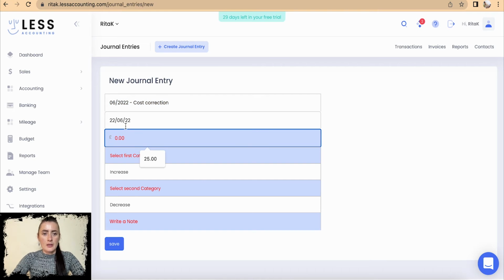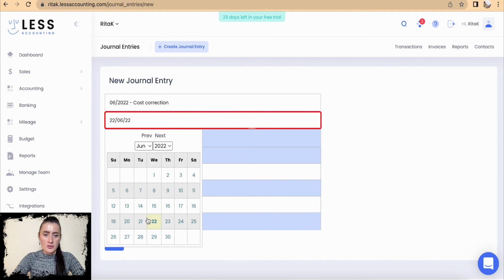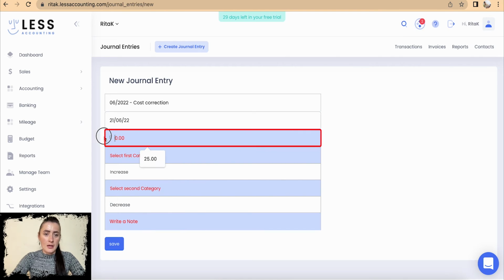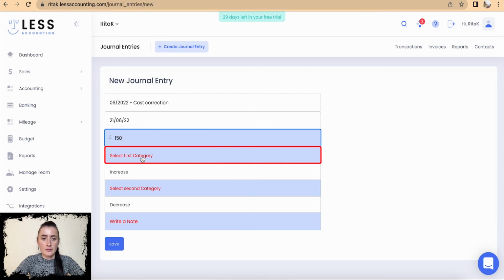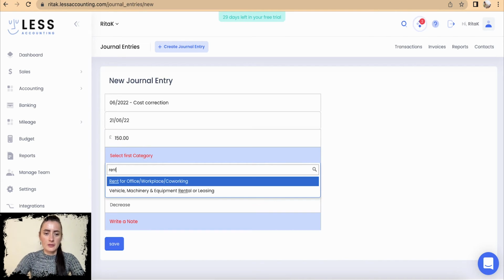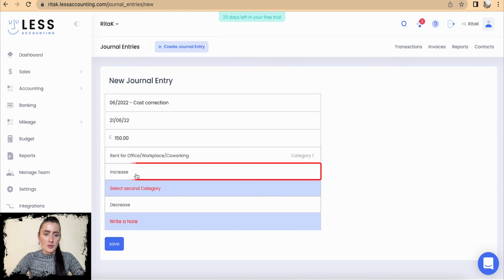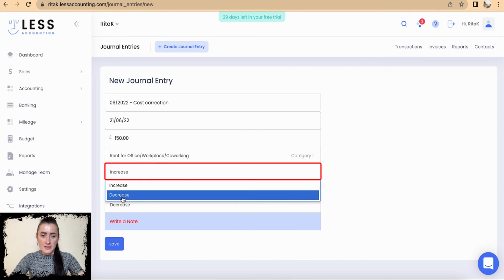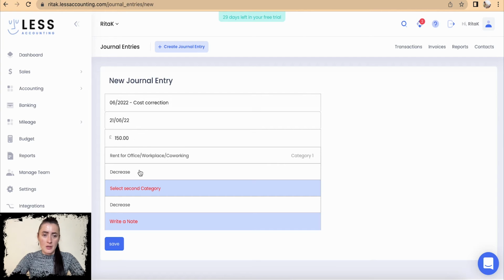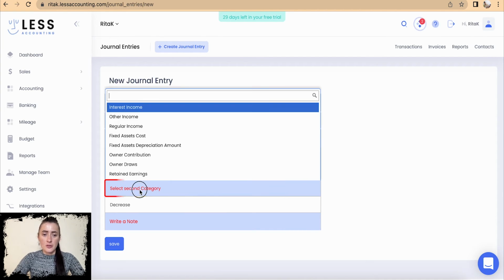Okay, add the date of this journal, so I will say on the 21st, and put an amount, so for example £150, and I will select the first category, so where I'm taking this money from. So my cost has been increased by 150 under rent, so I want to decrease rent by 150, and the second category is where I want this 150 to go, so